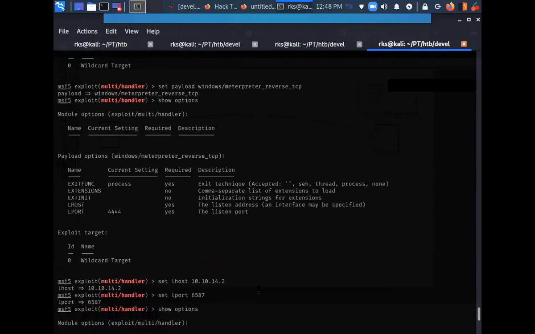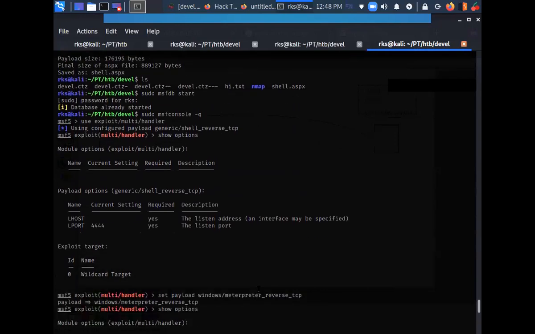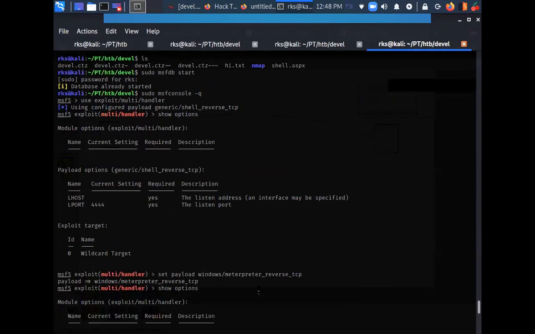Okay, great. Let me take a snap of me setting up the payload here.